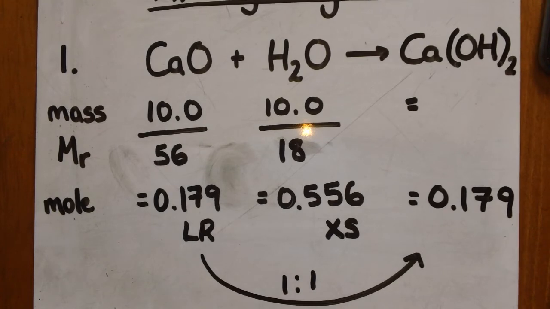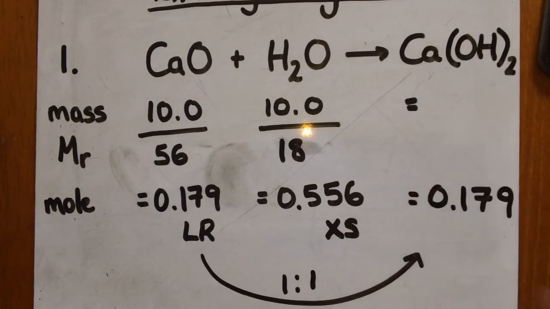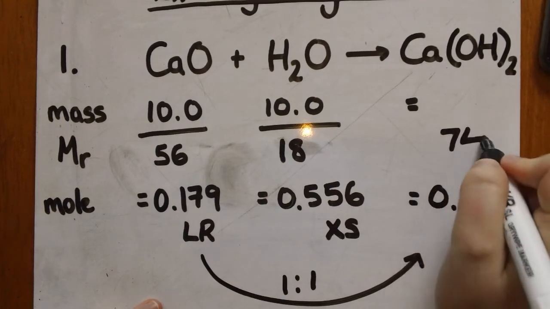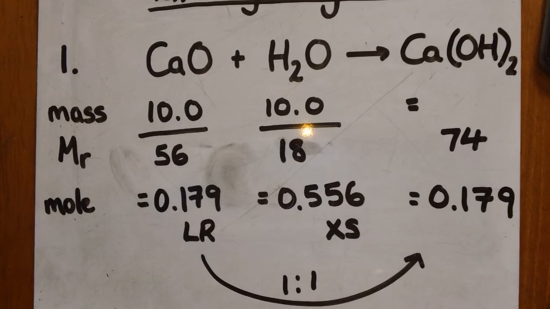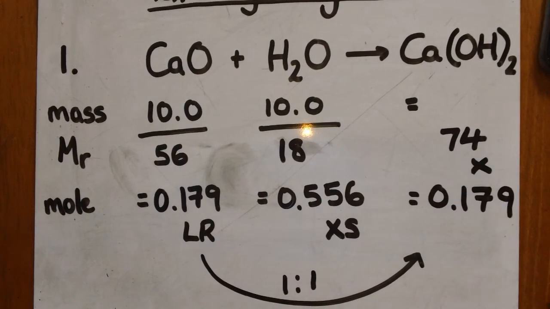What I'm then needing to do is work out what my MR of my calcium hydroxide is. That's 40 for the calcium, because there's only 1. There's 2 oxygens, so I'm going to do 2 times 16, and 2 hydrogens, which is 2 times 1. And when I put that all into my calculator, I get an MR for that of 74. I'm then going to times those numbers together. And when I do that, I get a mass number